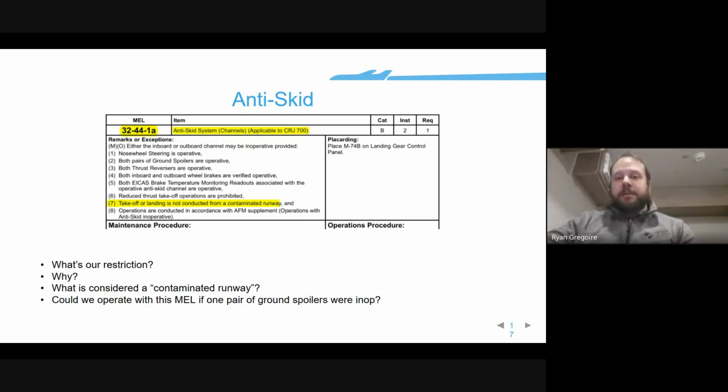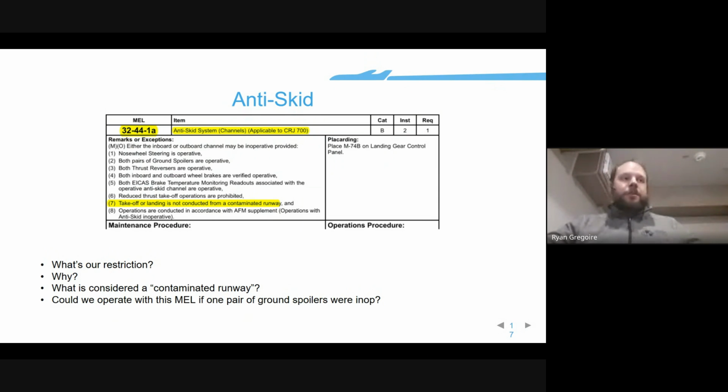Usually they'll do what's called derated thrust, where essentially you're only asking the engines to provide enough thrust to get the plane off the ground, because that helps prolong the life of the engine. However, with this MEL, it's saying you have to use a full thrust takeoff, because again, this is going to be reducing the amount of runway,